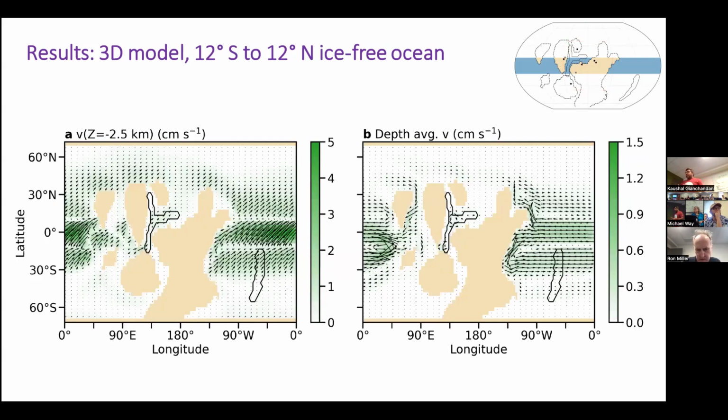Now we need to explain these results. If you look at the ocean circulation, because it's an ice-covered ocean, which is being forced with winds only near the equator, it is a lot more sluggish than the present-day ocean. There is an overturning circulation, but it is mostly constrained to the equatorial or tropical region. If we focus particularly on these juvenile ocean basins that were formed during the breakup of Rodinia, where a hydrothermal vent is also located, the ocean circulation is quite sluggish.